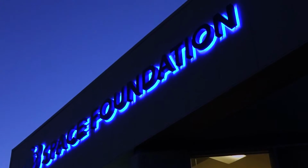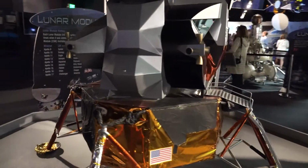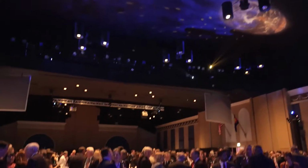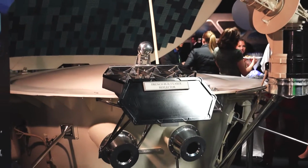The Space Foundation is the premier organization that promotes space and all of its benefits to all of humankind. Well, the Space Foundation, as I understand this, takes as part of their task to illustrate that space technology is useful for life on Earth. And the more we are doing high concept, high technology endeavors, the better off we're going to be in all